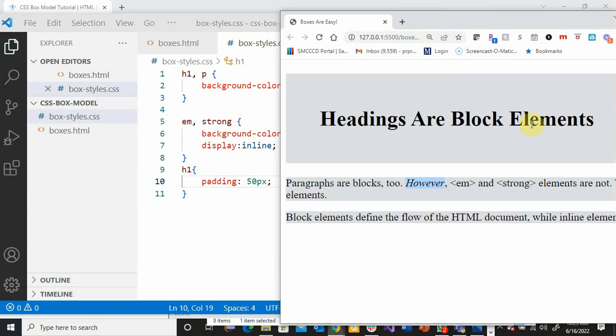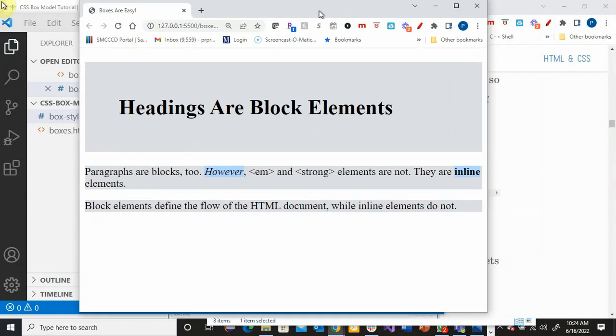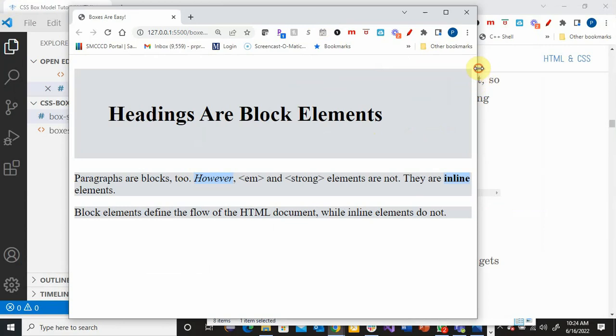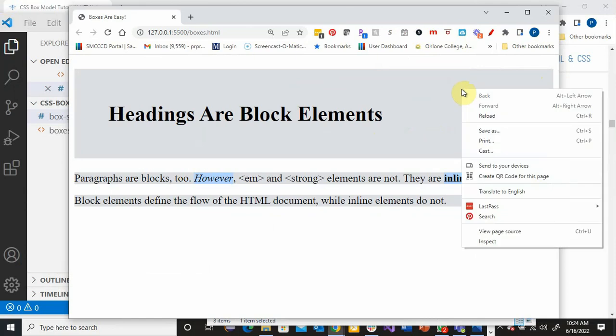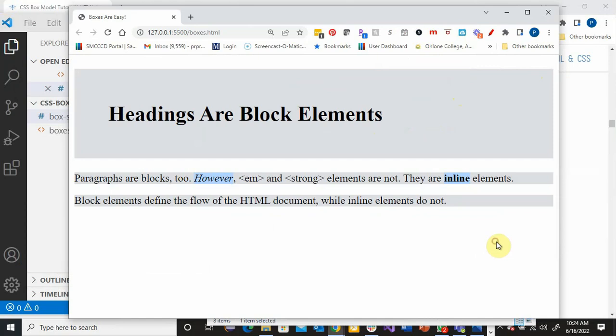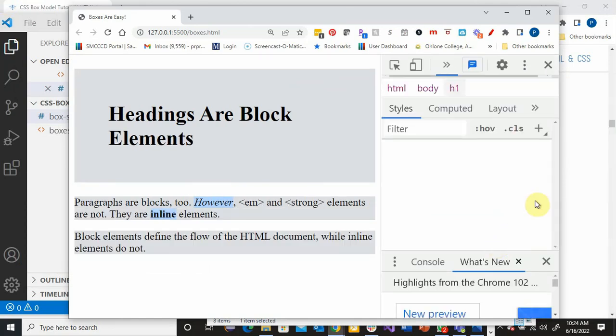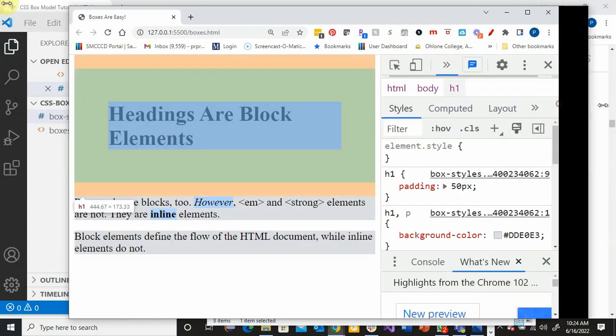Outside of this content, we are seeing this extra space. And I want to show you guys something that can be really useful. I'm using Chrome because Chrome has some useful developer tools. So if I right click and go to inspect, then I'll be able to see some specific things